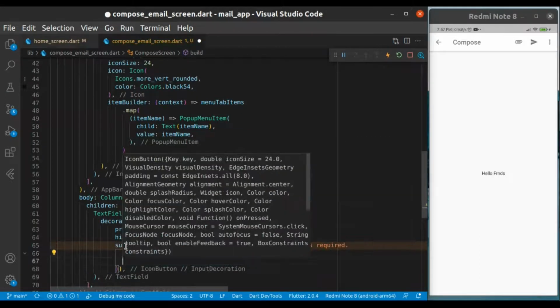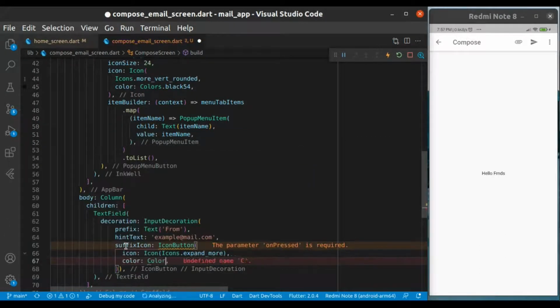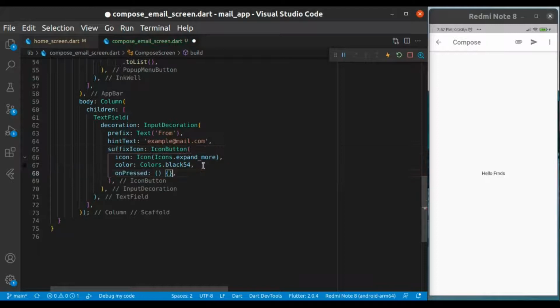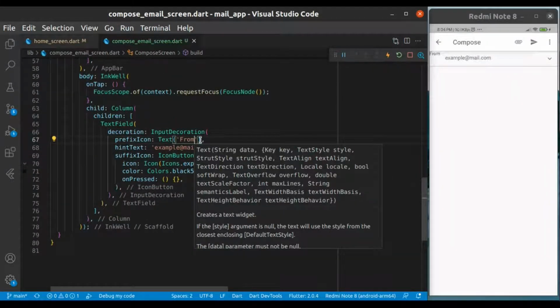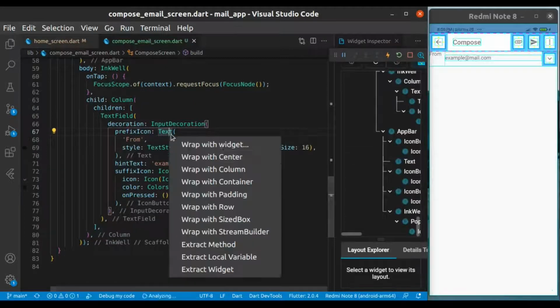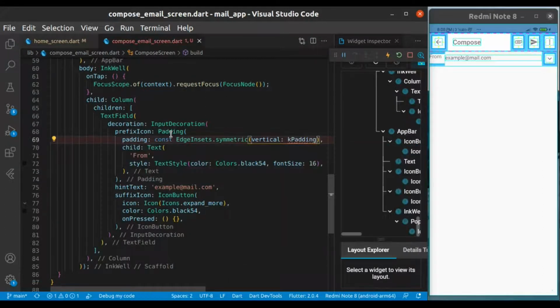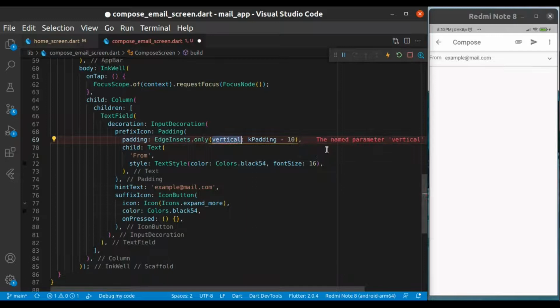But now we have the inbuilt feature in the text field, but we have to tweak values or parameters a bit more, but it's a great learning curve. You get to know how things work. Actually, I had previously used prefix text, which is not going to work, it's not indenting properly, so I have to use prefix icon and provide custom padding to it. And this is the dev tool which helps a lot.